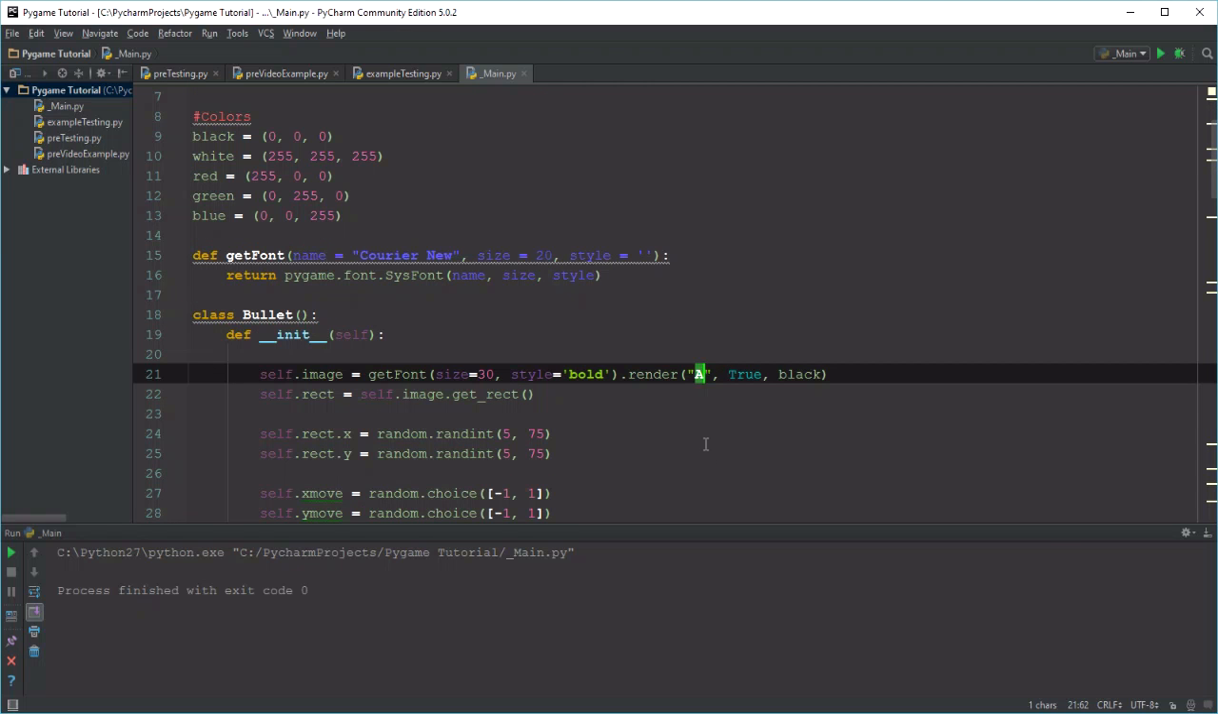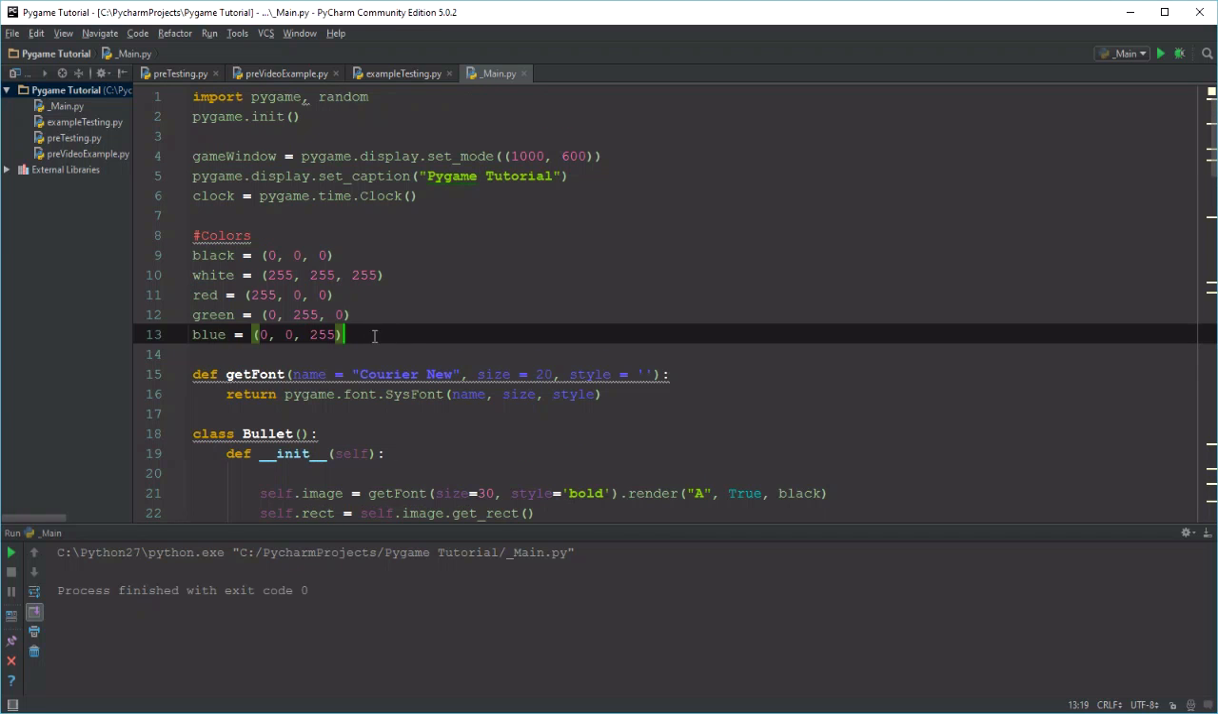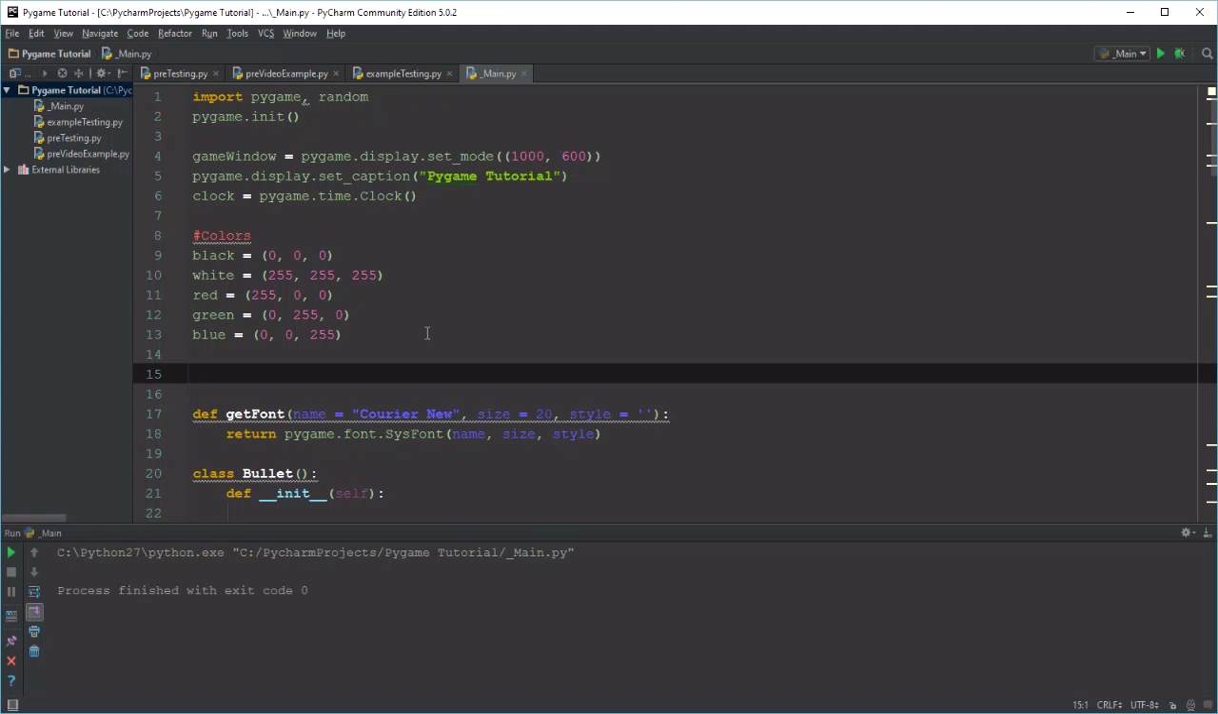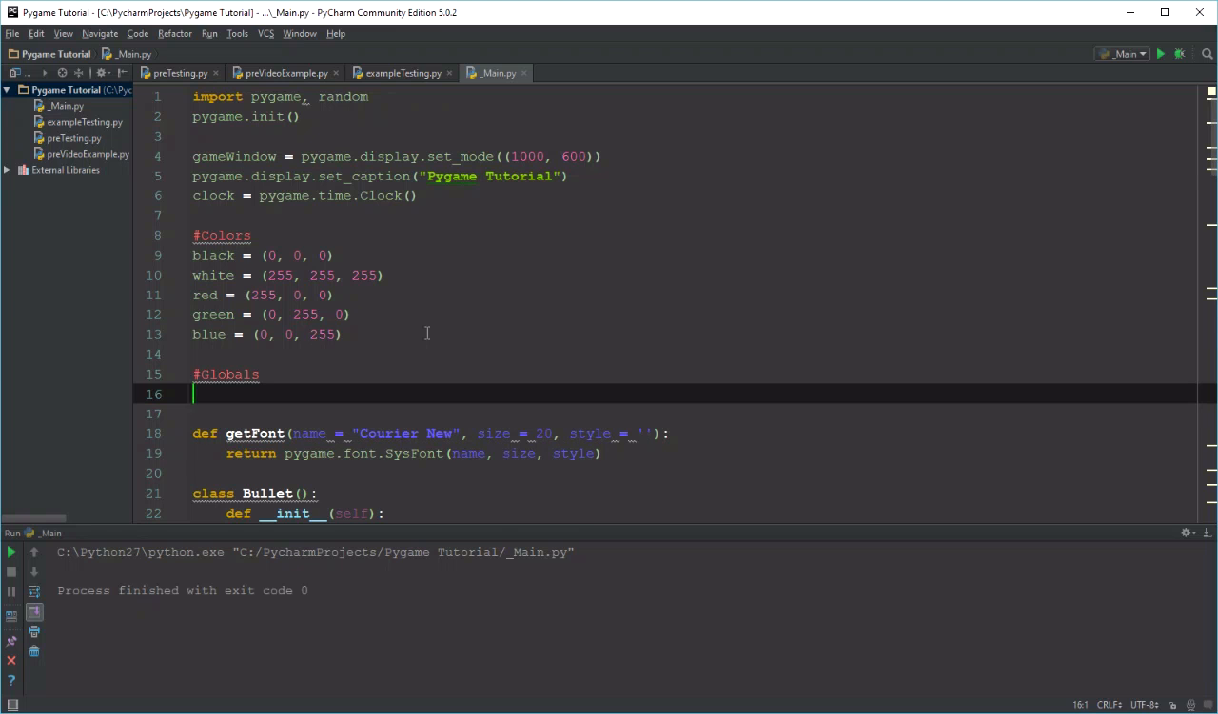So we don't want to just render A's. How are we going to take care of this? Well, we need to set up some type of string up here. So I'm just going to create a new category up here. I'm just going to call it globals. And then I'm going to say